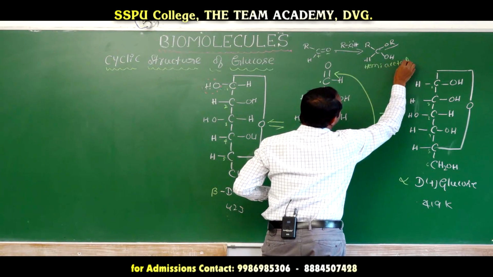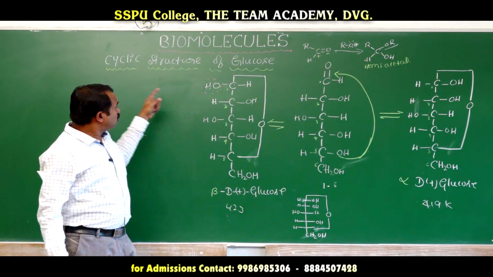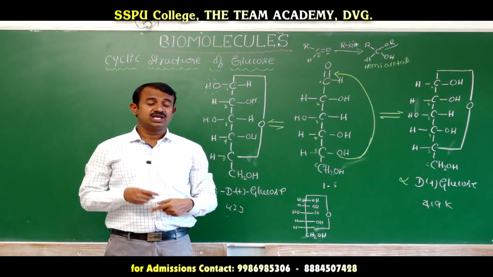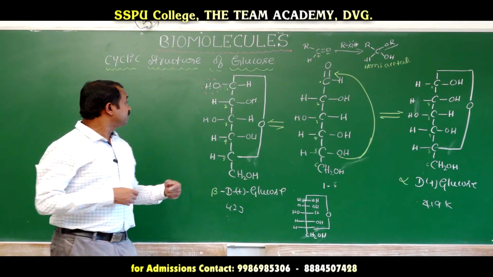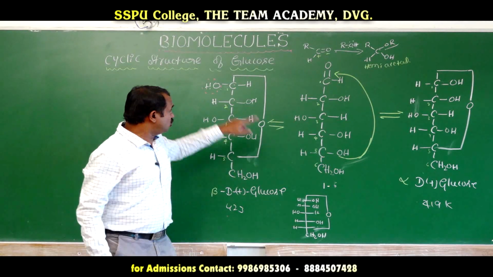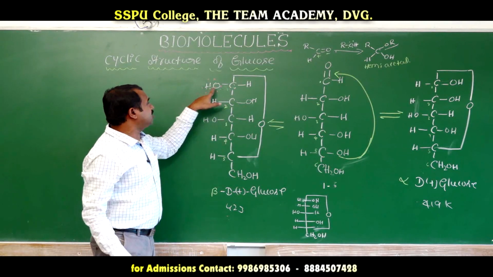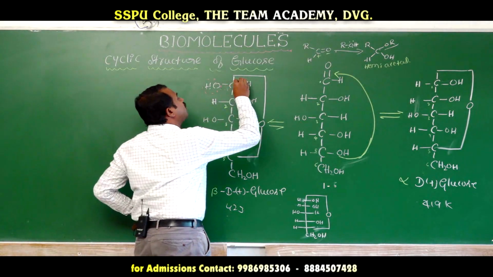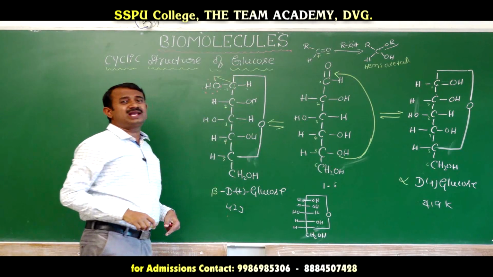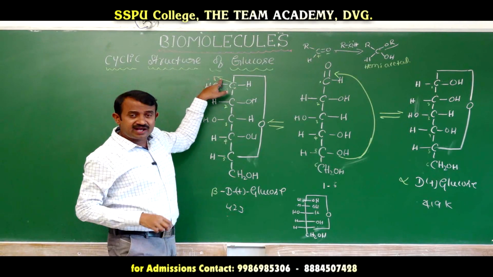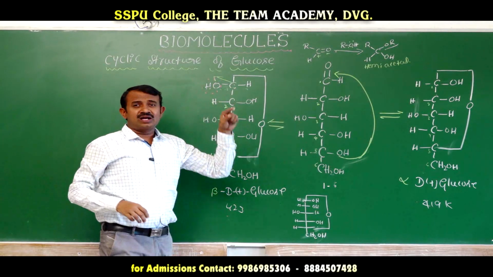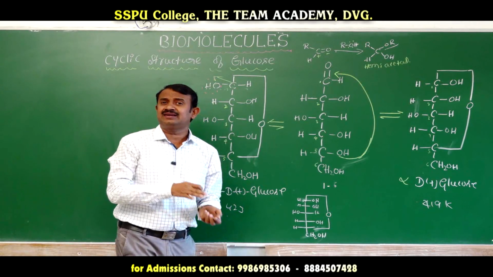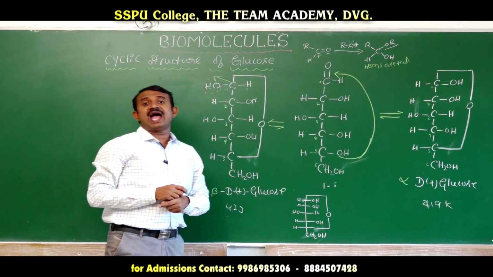Hemiacetal. Here also, glucose is a hemiacetal derivative. The cyclic structure of glucose contains different configurations, depending on whether the hydroxy group is on the left side or the right side. This is called the anomeric carbon. Listen carefully: the C1 carbon is the anomeric carbon. This is dextro and levo rotated. When the hydroxy group is present on the left side or the right side, these are called anomers.